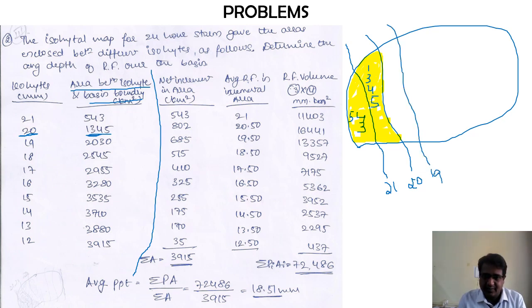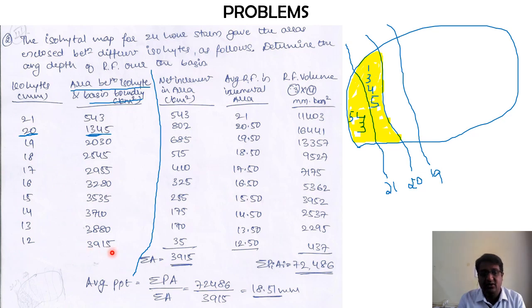If I show you all three sections together, the total area is 2030. Similarly, for the next column it will be 2545. So basically, in this question, he has given the cumulative value of the effective areas for all the rain gauges, all the isoheights. You can go on representing like this, and ultimately you will end up with 12 as the isoheight value, and the total area is